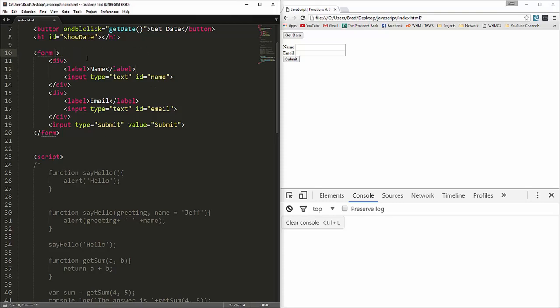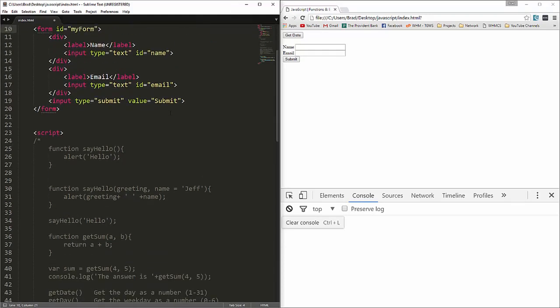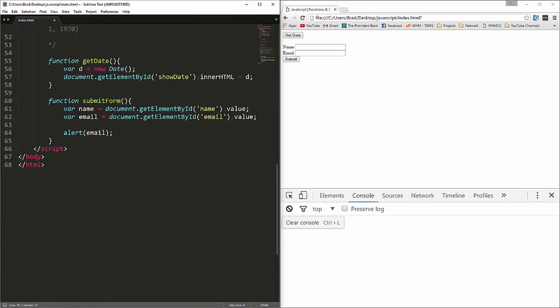So I'm going to get rid of this, and we're going to give this form an ID of, let's say, my form. This cleans things up. It allows us to just keep our HTML and JavaScript completely separate. So we have an ID of my form, and then we're going to go down here, and we're going to say